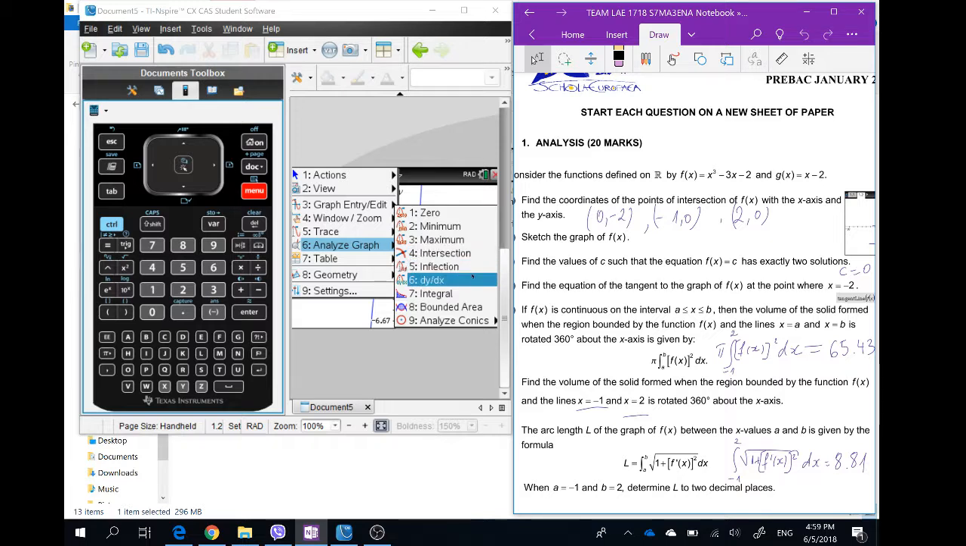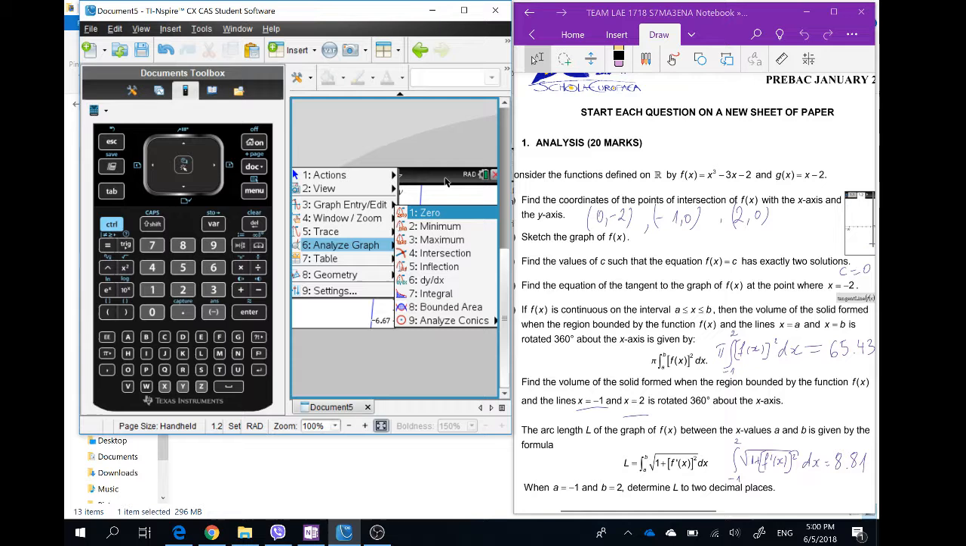Inflection, we haven't done this yet, but inflection is where the function changes the curve from... Okay, dy dx is the derivative, integral. Bounded area is very useful, we will do this. Okay,